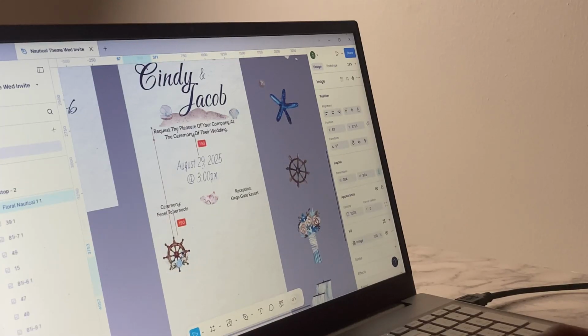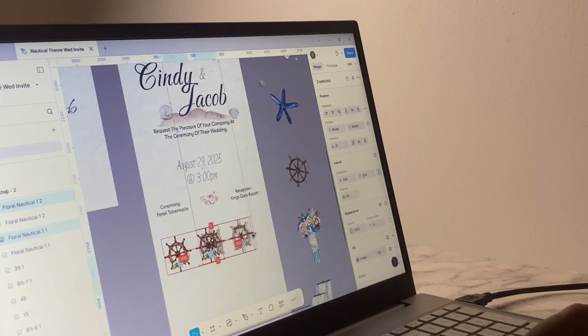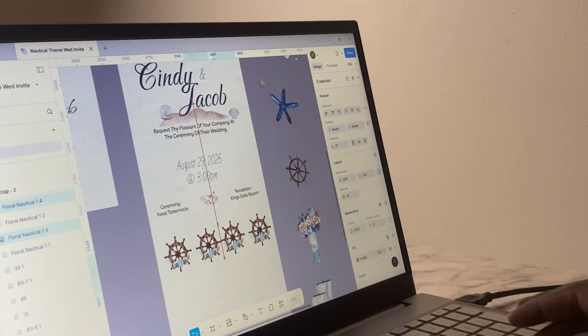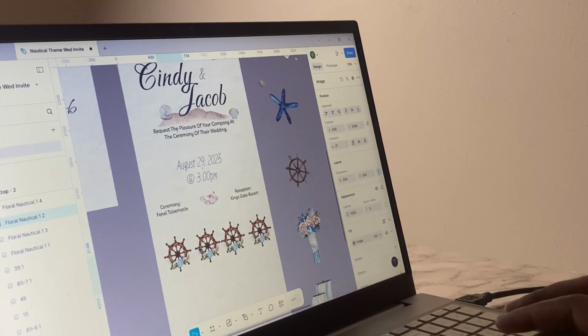I'll use it again at the bottom. And so I did that with the font that I use for the "and". With that font, I used it for the details of the wedding, which was the date and the time. And then I went back to using the paragraph font. I used it to highlight the information for the venues for the ceremony and the venue